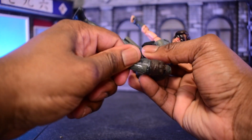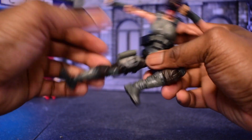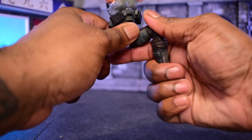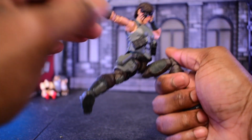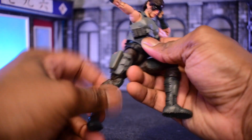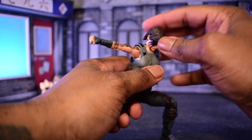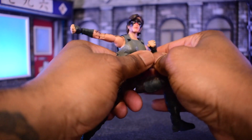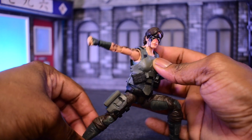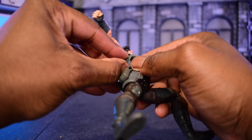We do have a boot swivel as well. We have super generous ankle articulation, pivot and swing and hinge, all of those good words that people like to use, right? Now, as far as our vest, our articulation in this area is going to be hindered as long as we have our vest on. So let's try to remove it. Everyone knows I'm terrible with tabs. So what I'm going to do is I'm going to remove it on video and not put it back on until after the video is done,